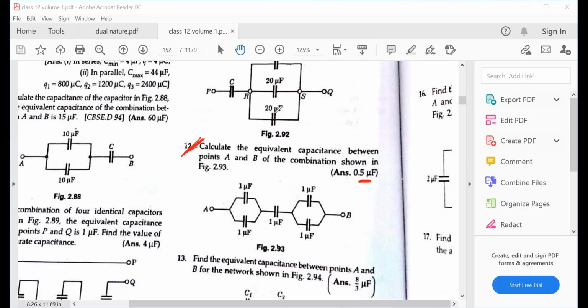Got the answer? Others, any doubt? Doubt in the solution, I'll explain it. Please, if anyone is having doubt, please let me know. I'll explain it. So here, we need to find the equivalent capacitance